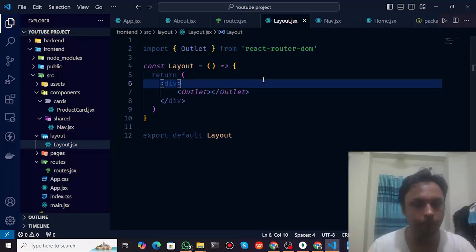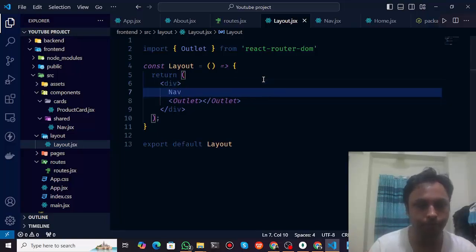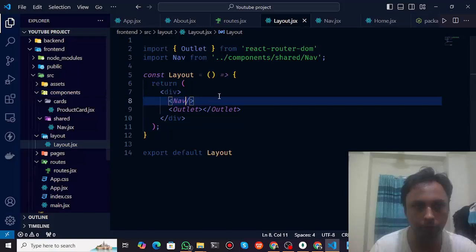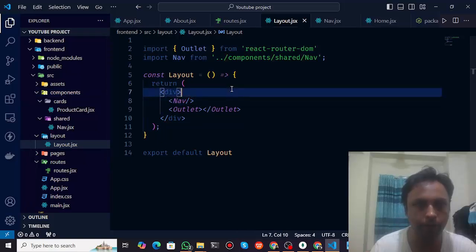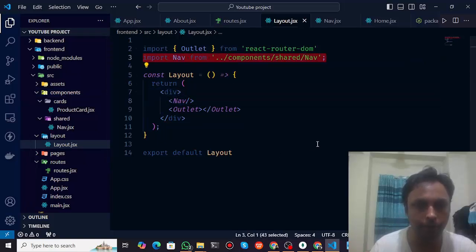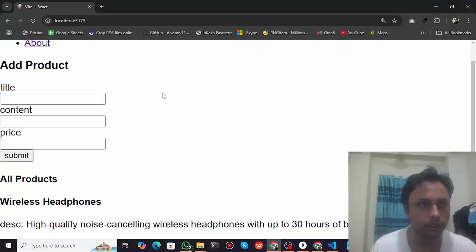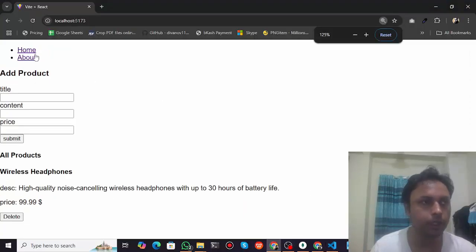Let's say this is going to be our map, and this is another way you can add a component, by using a self-closing tag. So we have added the navigation, and now let's go see here. If you look closely, we have this home and this about, and let me show you what is going on here. If I click here on about,